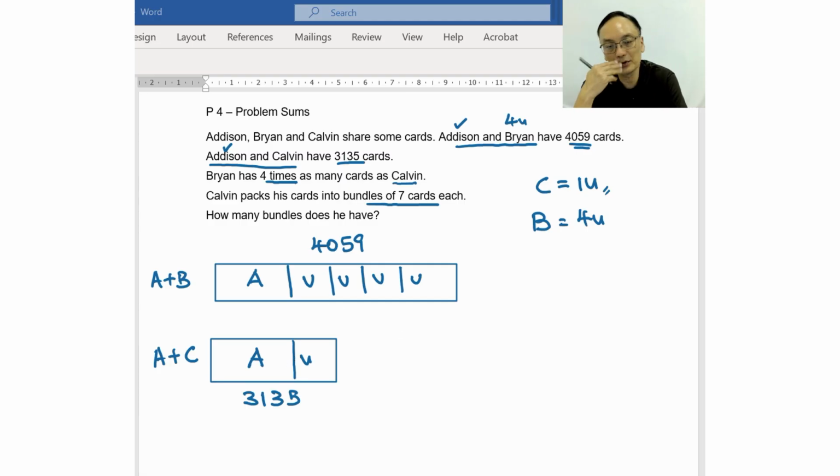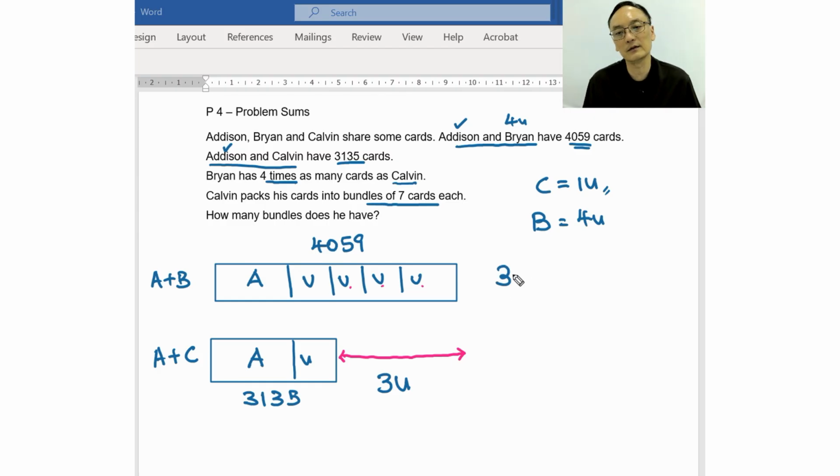So the next thing is how we're going to use the model to solve the question. Now, look at this part. The first model compared to the second model, here's the difference, right? And we realize that the difference is actually equals to 1, 2, 3 units. So we're going to write here, that's 3 units is the difference. Now we're going to find out the actual value of these 3 units. So the value of these 3 units is the difference between the total of Edison and Brian, which is 4,059,